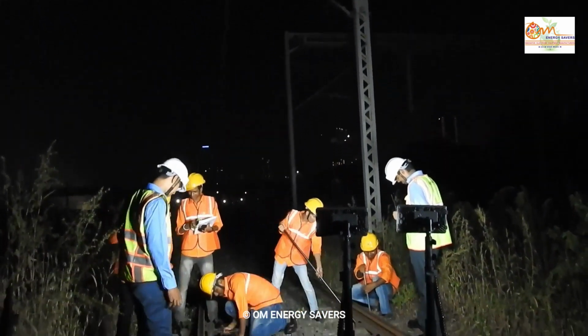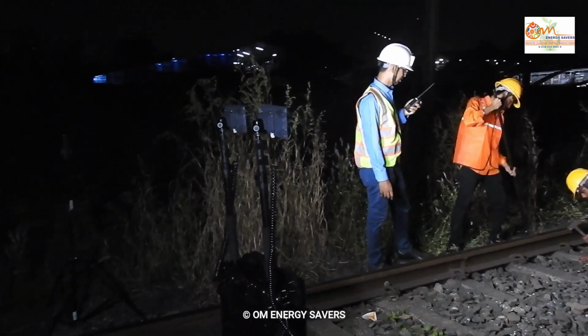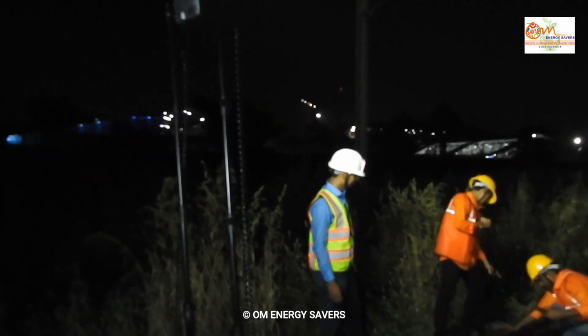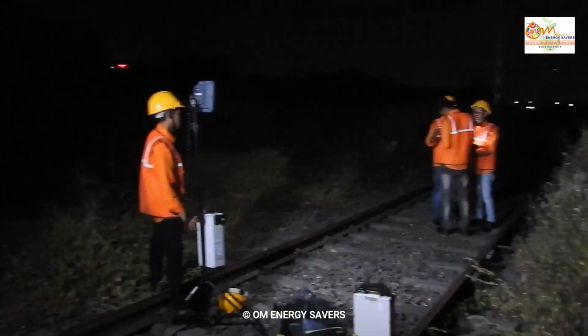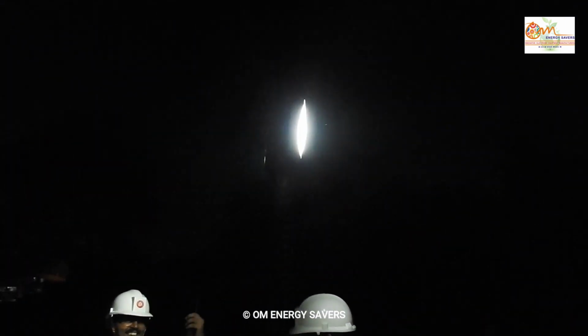This system is extensively utilized in the railway sector, providing invaluable support to both operation and maintenance teams. Equipped with LED lights exceeding 10,000 lumens, it casts a brilliant illumination over the railway tracks. This feature is crucial, enabling gangmen to execute their duties efficiently, whether at night or under the challenging conditions of